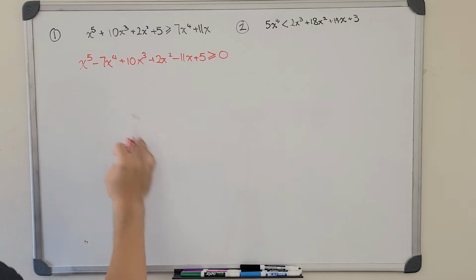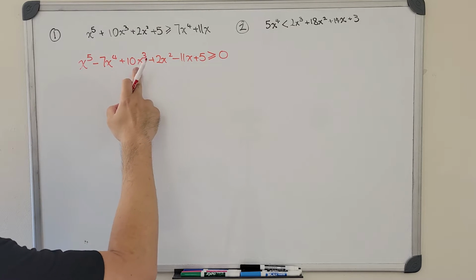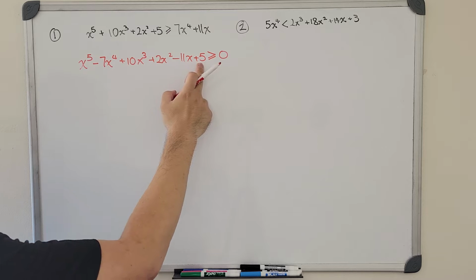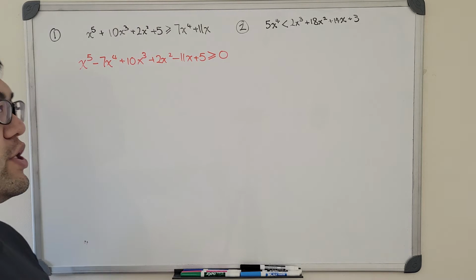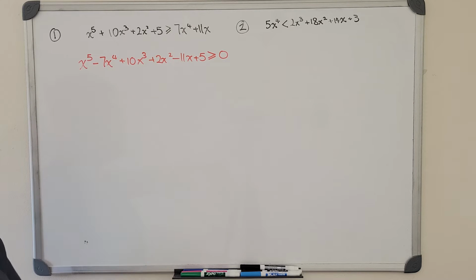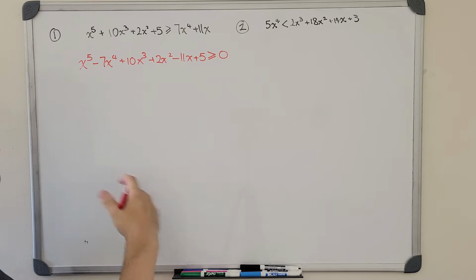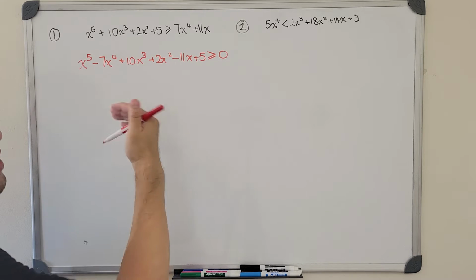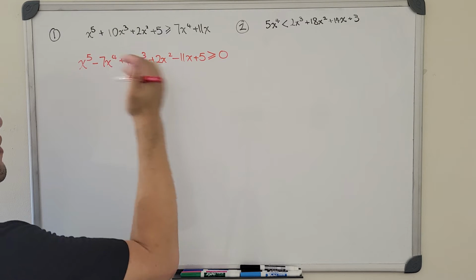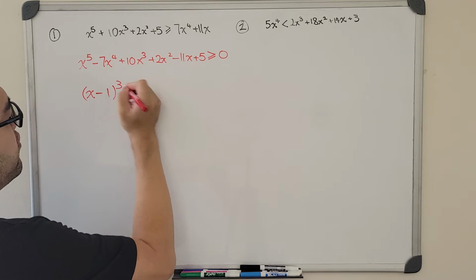Let's try 1. So we see that we have 1 to the fifth power, which is 1, minus 7 plus 10 plus 2 minus 11 and plus 5. And if we add them all together, we should actually get the expression equal to 0. Meaning that 1 is one of the roots. So x minus 1 is one of the factors. So we can just keep reducing this expression by the factor theorem,